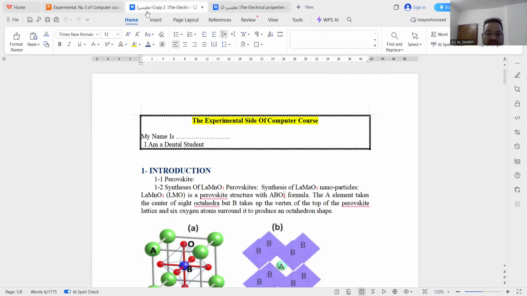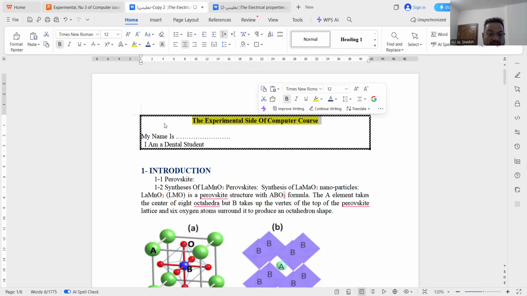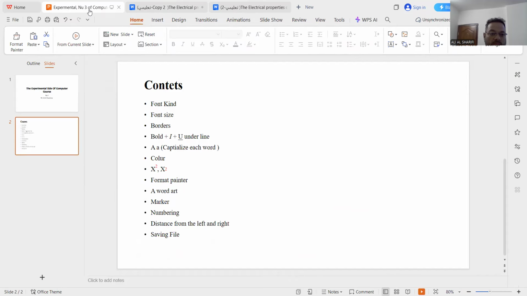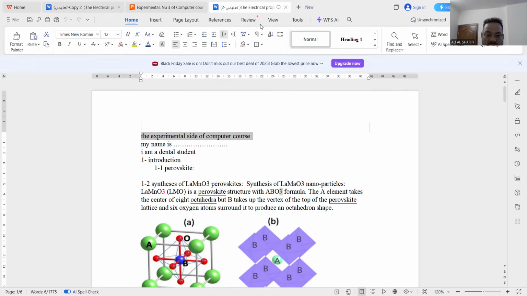Let me start from here. I prepared that. We'll try to do one like it. Okay, let me start from here. As the title, the experimental side of computer course. At first,